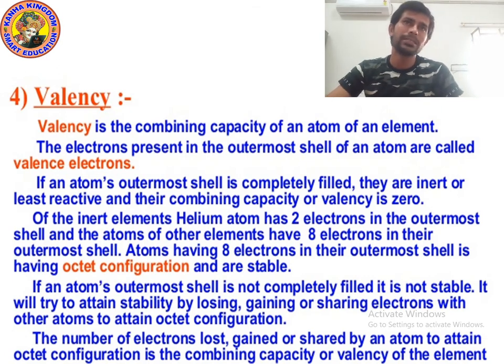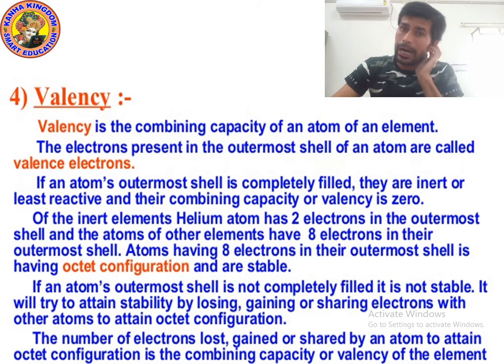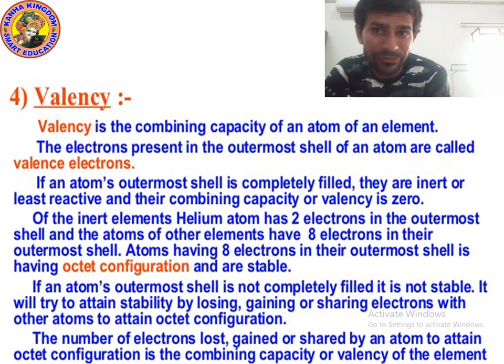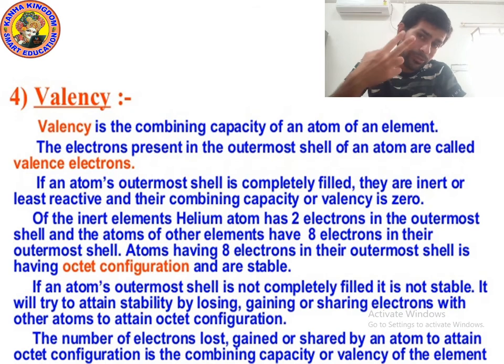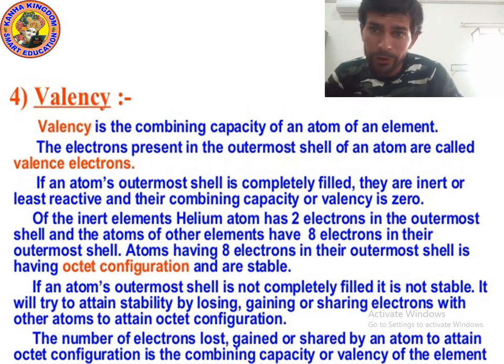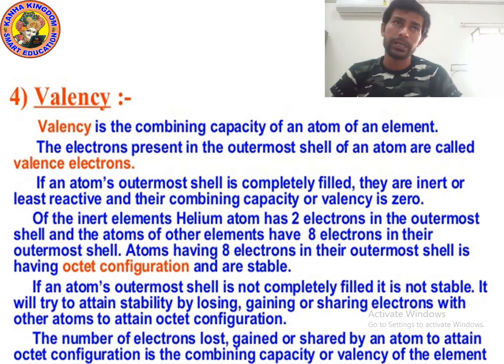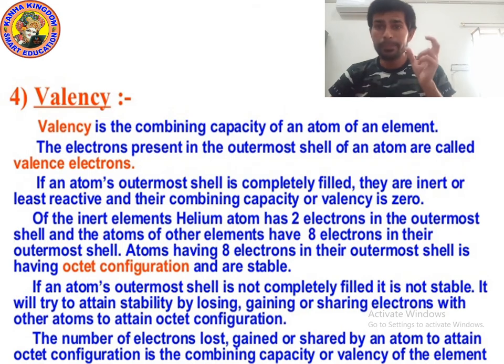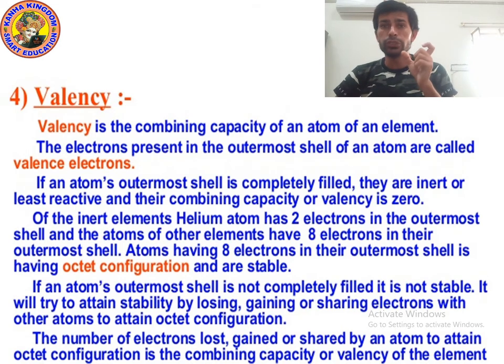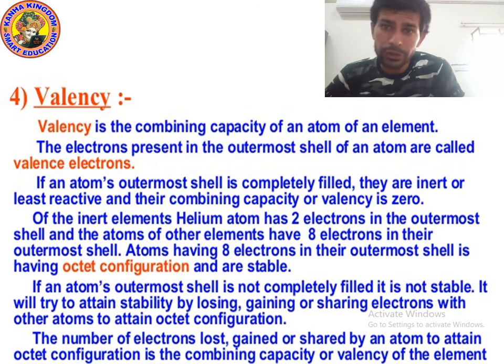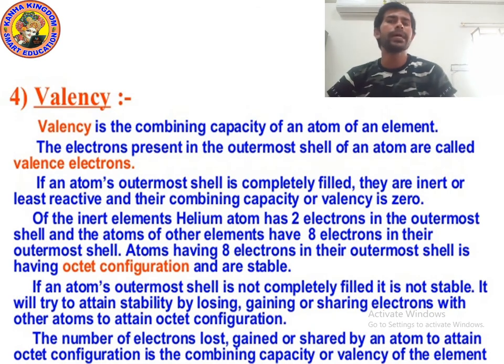Now let's take one more example, carbon. Carbon has 6 electrons. How many electrons can we fill in the K shell? 2 electrons. So 6 minus 2 is 4. Now 4 electrons are remaining, so the remaining 4 electrons we will fill in the L shell. So remember kids, the remaining electrons in the outermost shell are known as valence electrons. So for carbon, the valence electrons will be 4.